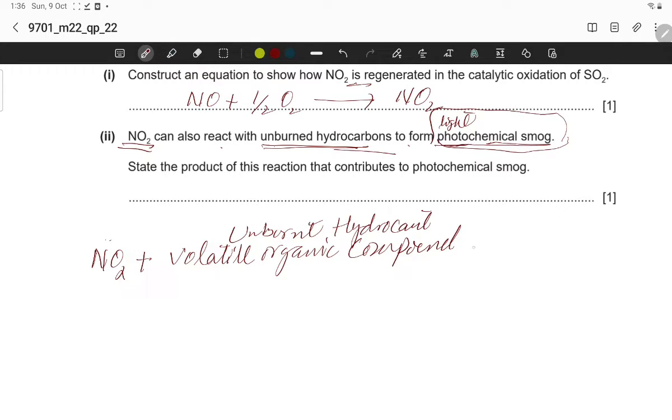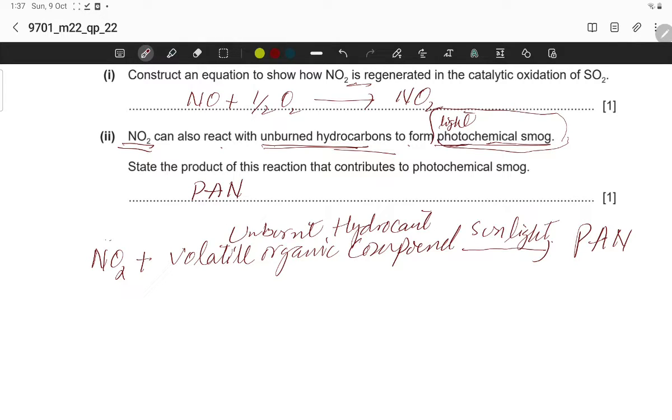So when it reacts with nitrogen dioxide in the presence of sunlight, it forms PAN. PAN is the